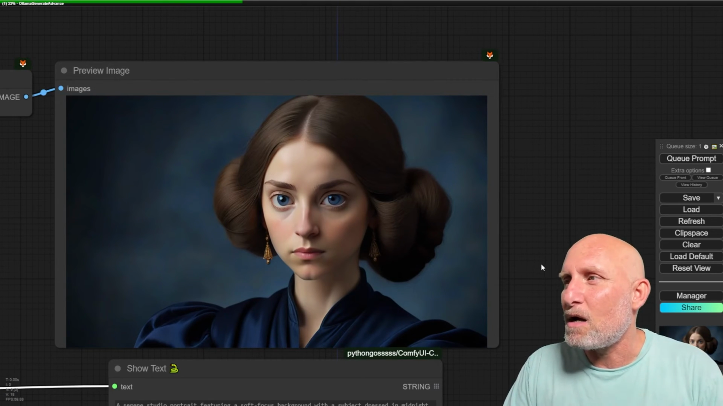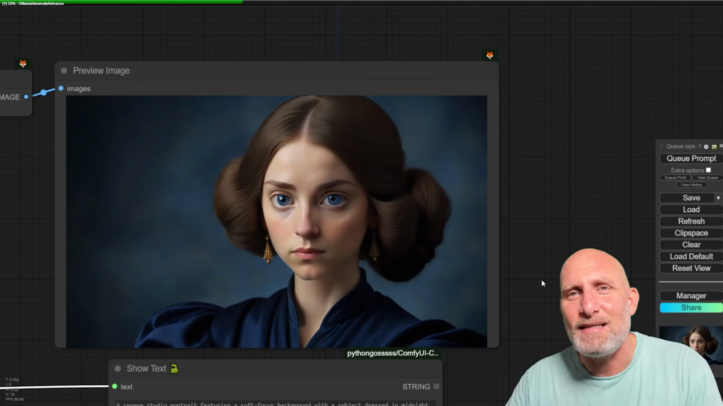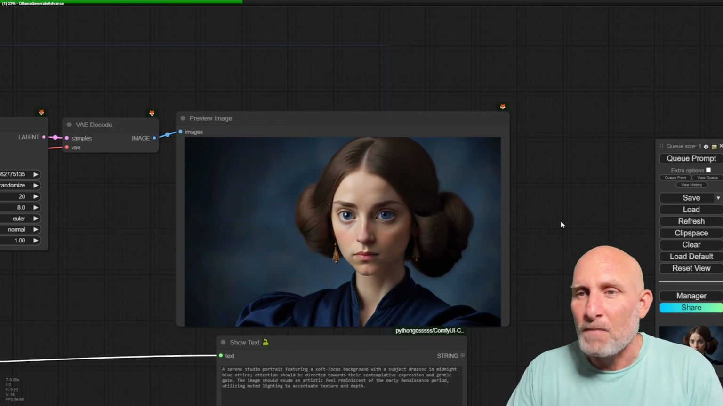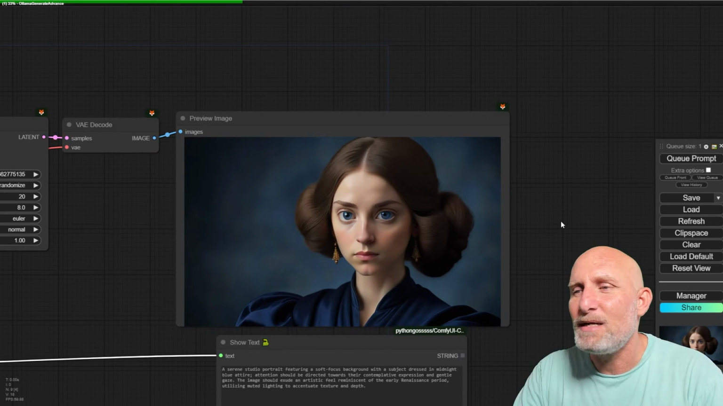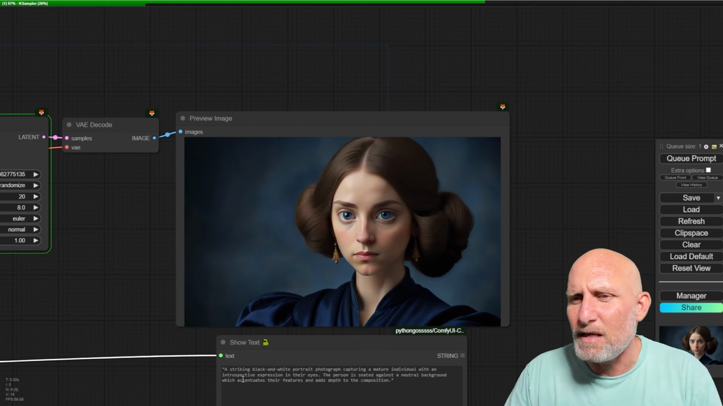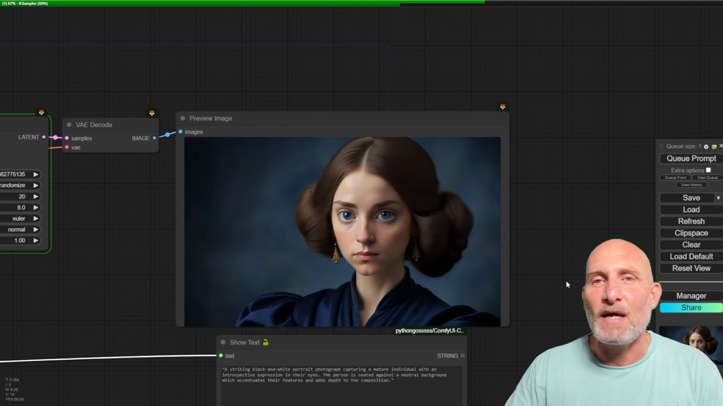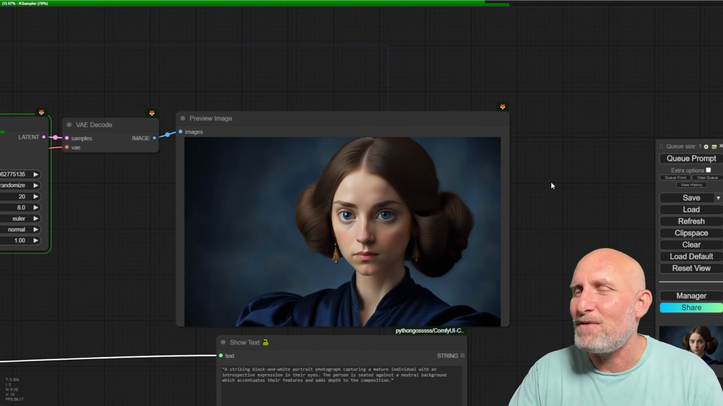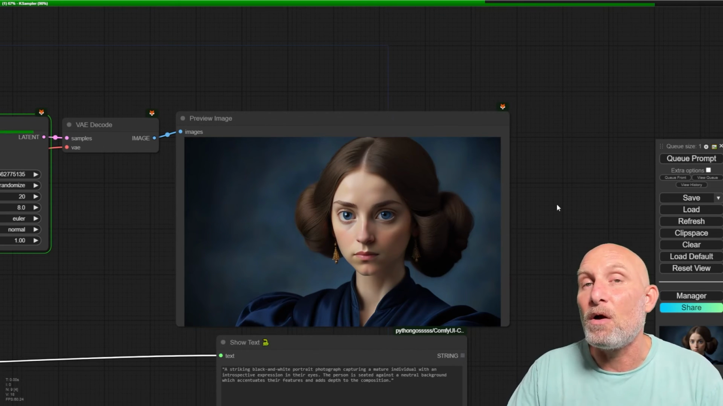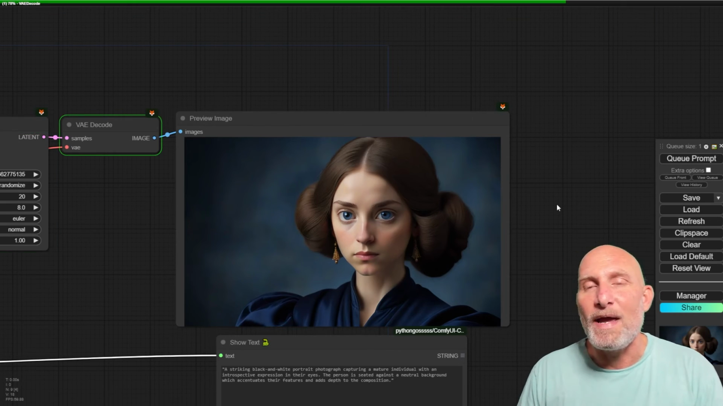And if we click Q prompt once again, we'll get a completely different concept. A portrait photo, but probably a completely different concept. And this will be a striking black and white portrait photograph capturing a mature individual, and so on and so forth. So this is a very interesting tool, and it can give you a lot of ideas and a lot of ways to optimize and